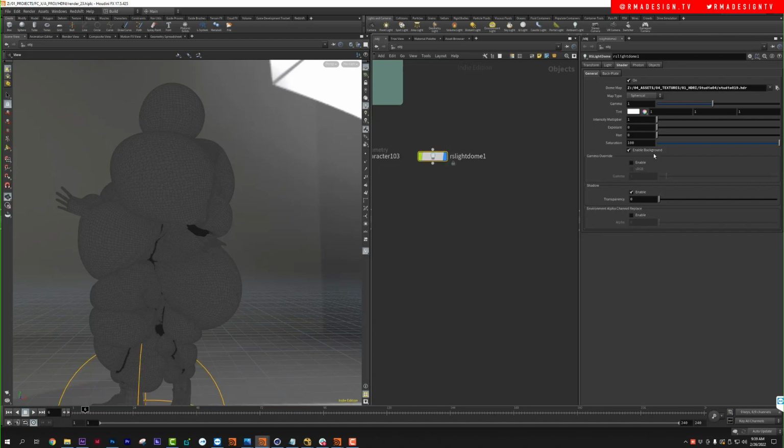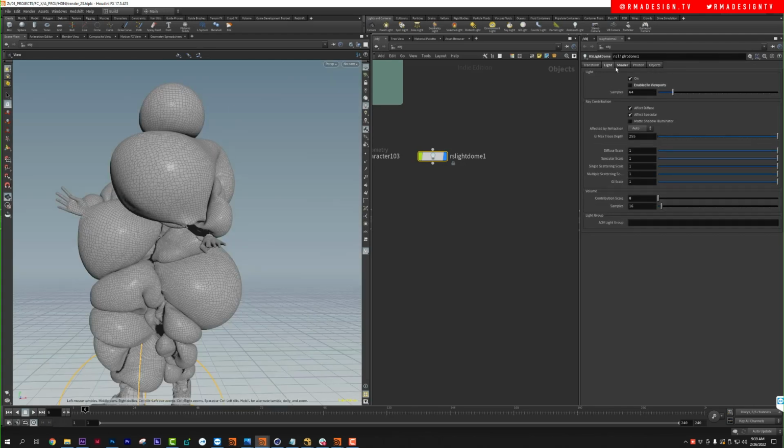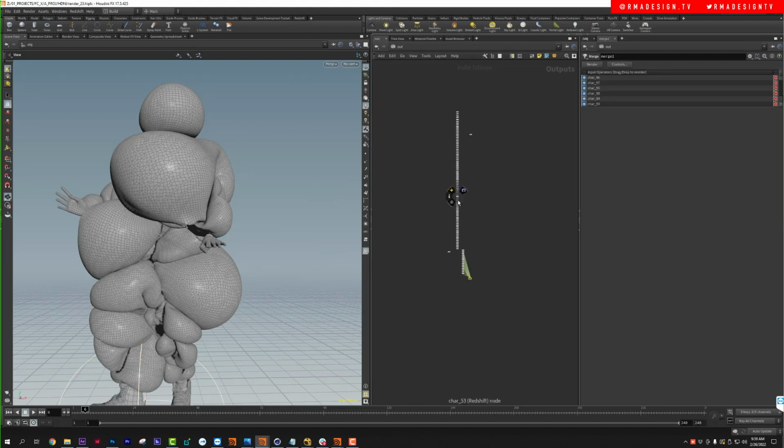Now what I like to do is turn it off on the background, both here on the light, enabling viewport, turns it off. And in shader, we're gonna turn it off in the background, but I'll show you what that is. When we open the render view, you're gonna see it in the background. So we're gonna go out. I've got a bunch of textures, you can totally ignore this. But what I'm gonna do is Redshift render